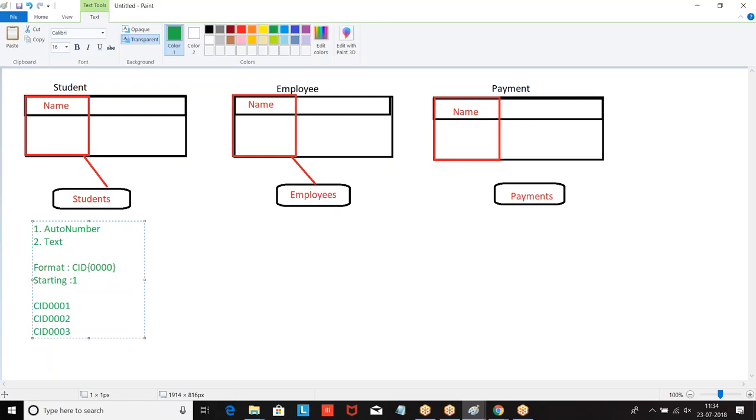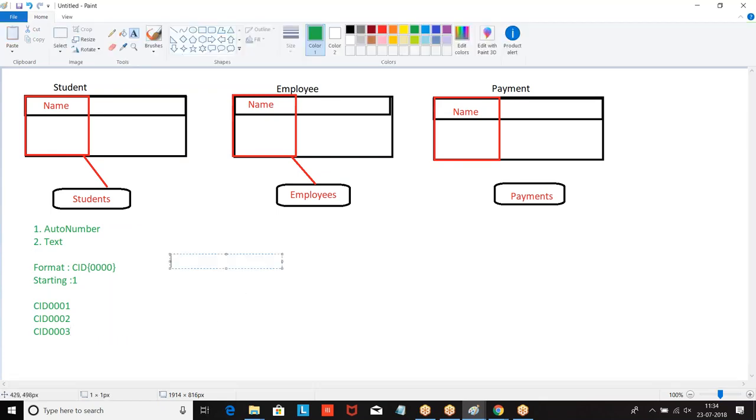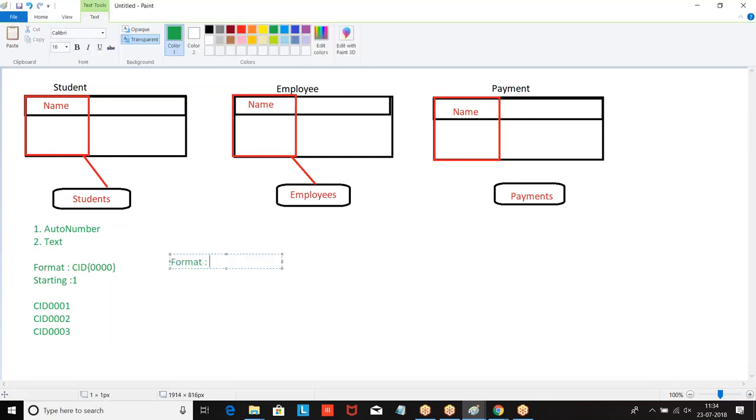System will auto increment the number based on the format we have given. Let us say I have given the format of payment ID, month, day, starting number. This is payment ID 0723-001.